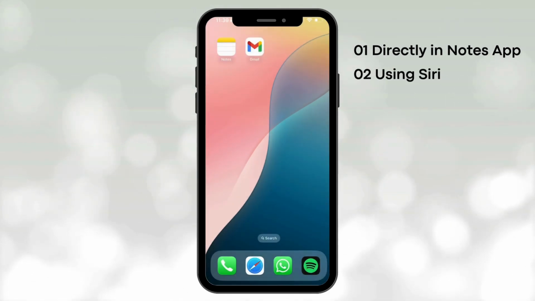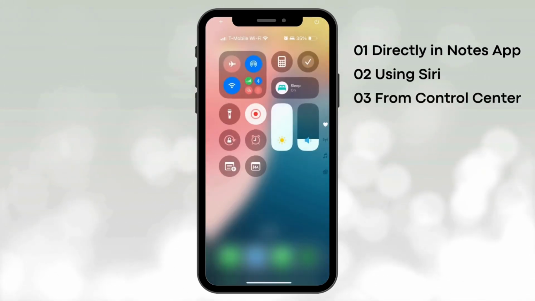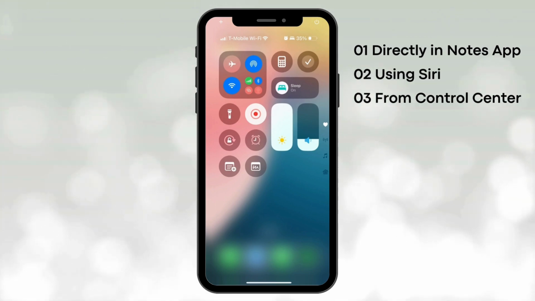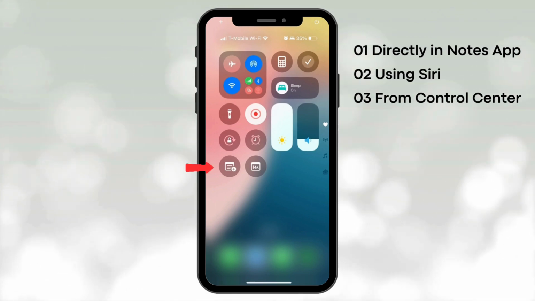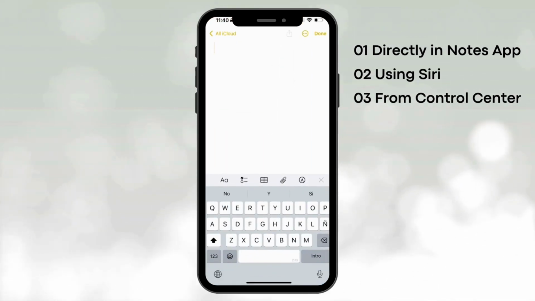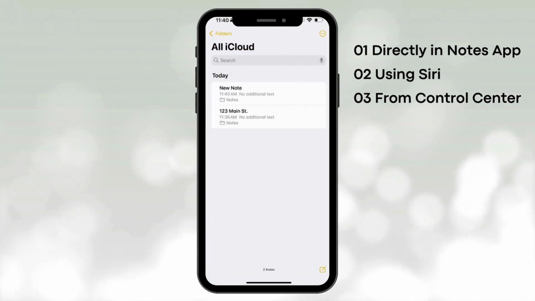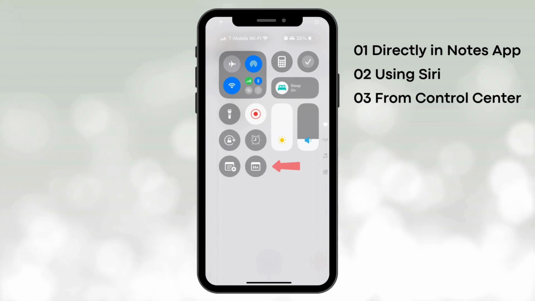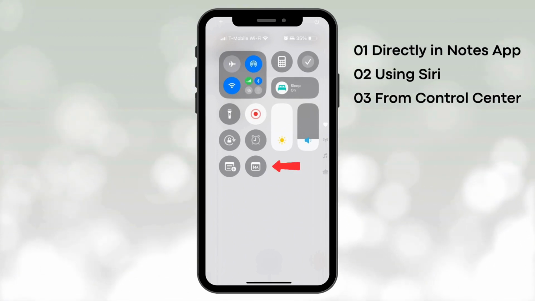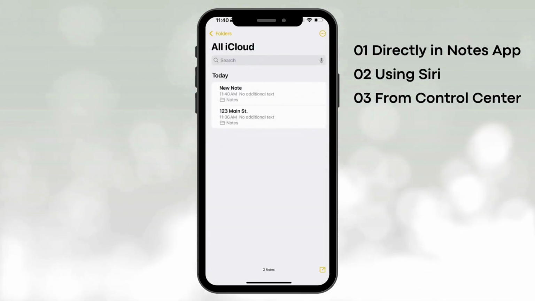Alternatively, you can add two controls to the control center that allow you to create a new note. The first control will take you to the Notes application and open a brand new note for you. The other control is the Quick Note option. The Quick Note functionality allows you to quickly jot down thoughts, ideas, or any information without having to open the